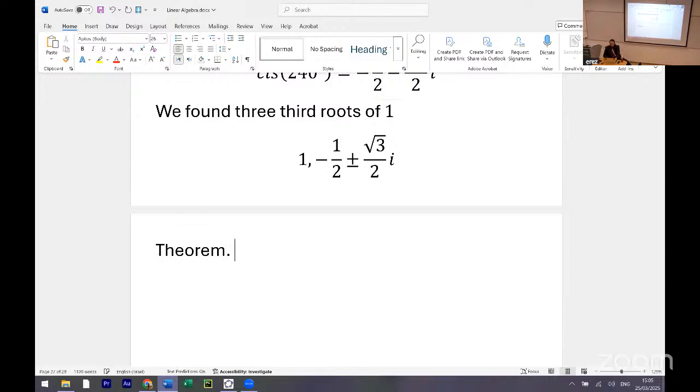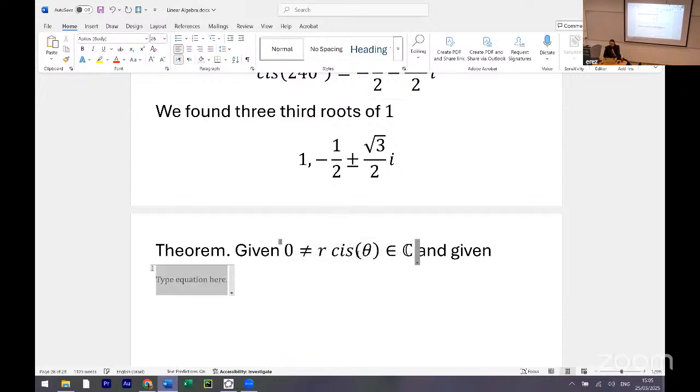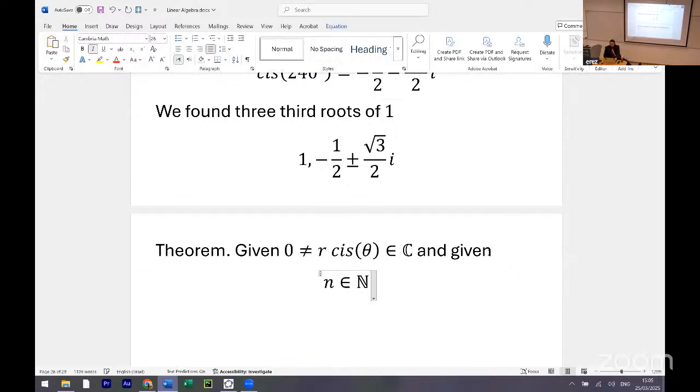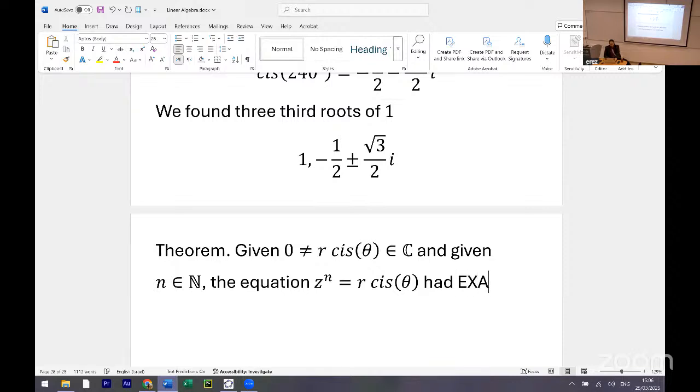Given a complex number which is not 0, r cis theta, and given a natural number n, the equation z to the n equals r cis theta has exactly n distinct solutions